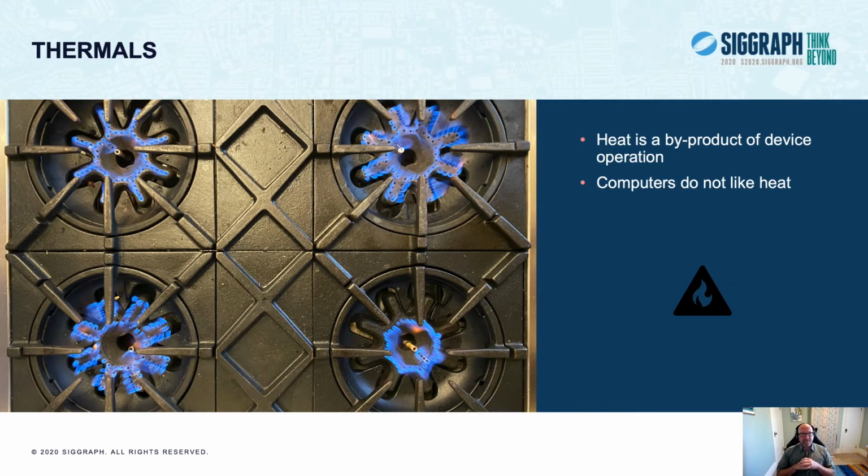So on the topic of thermals, this is the key governing factor for all mobiles. Every bit of active silicon in the SoC, as well as other active devices or processors on the system board of your phone, generates heat. That's just how computers work. It's also the case that computers don't really like heat. They tend to shut down or melt in some circumstances.